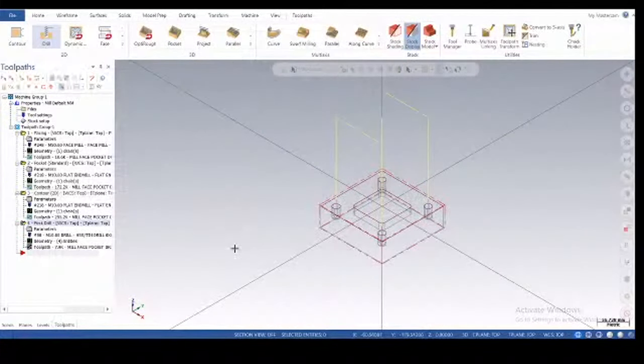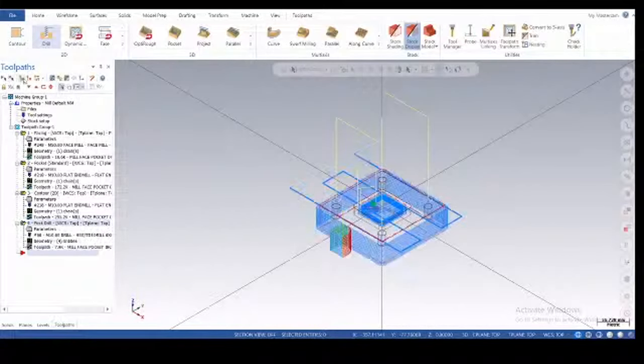And so now I will show you the whole operations in the 3D simulation window. Okay, just click on it and regenerate all toolpaths and go for the verify.